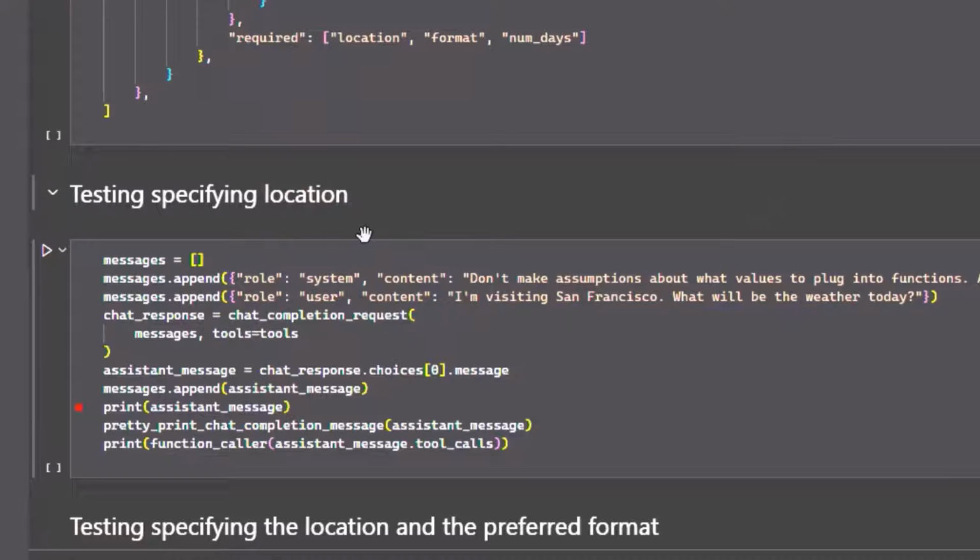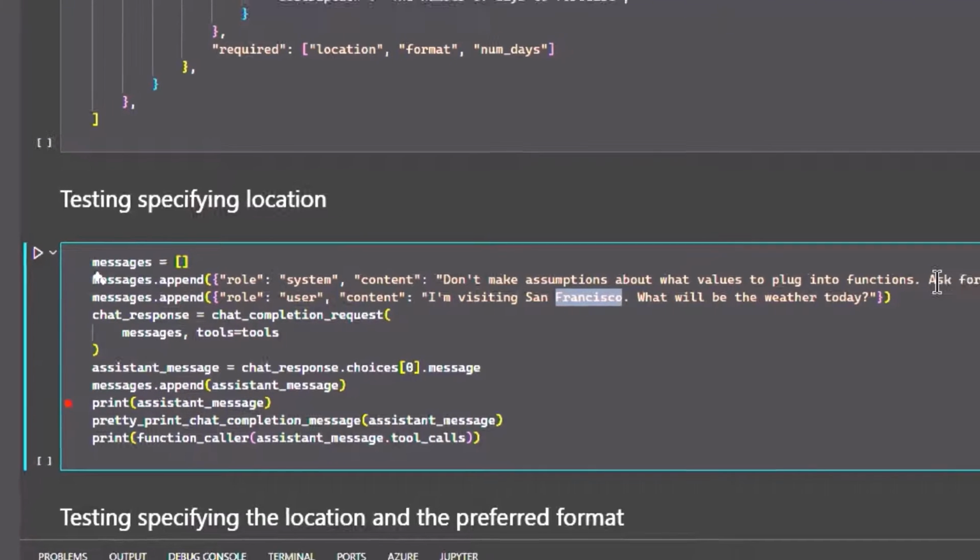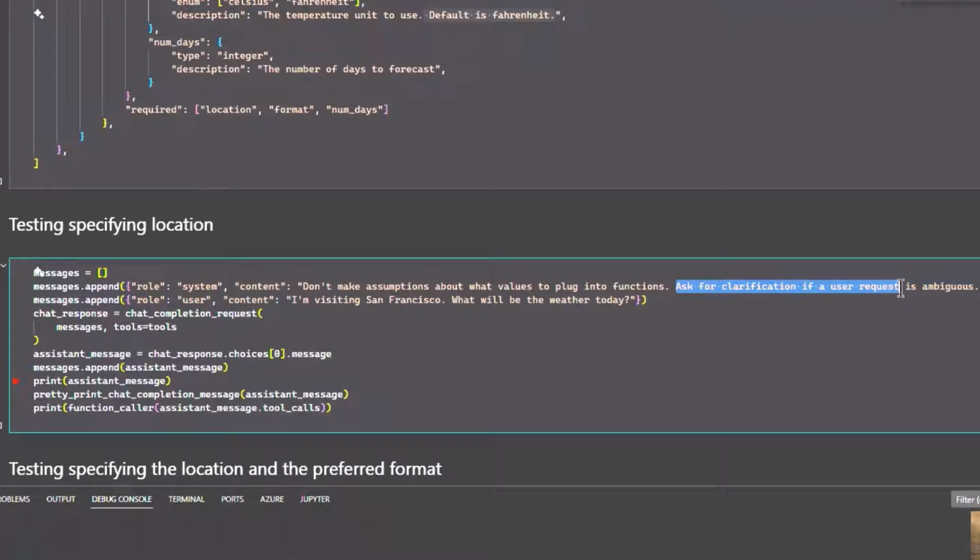And here we have the first test. It is like the happy path because the user is given the name of the city for which he wants to know the weather. Observe how I have set up the system prompt. I am not letting the system make assumptions about the values of the parameters. And if there is any doubt, the system will need to ask for clarification if there is any ambiguity in the user request. So let's debug this,